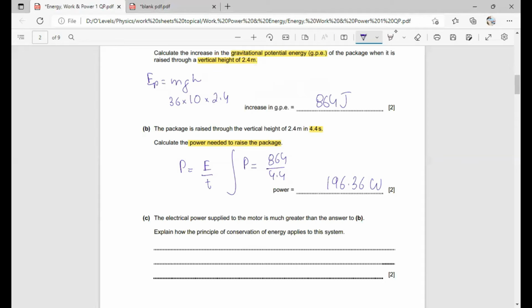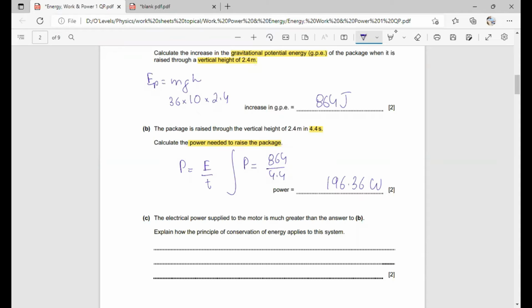We know well that we don't receive a particular amount of energy as the output, and most of the energy is actually wasted in the form of heat, in the form of friction, in the form of sound. Once we know that the electrical power supplied to the motor is much greater, then according to the principle of conservation,